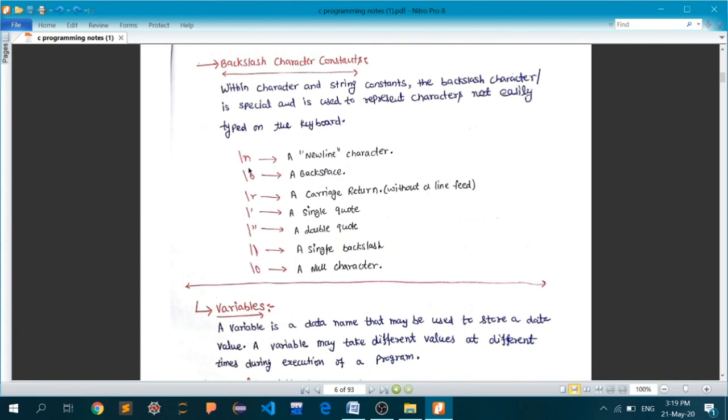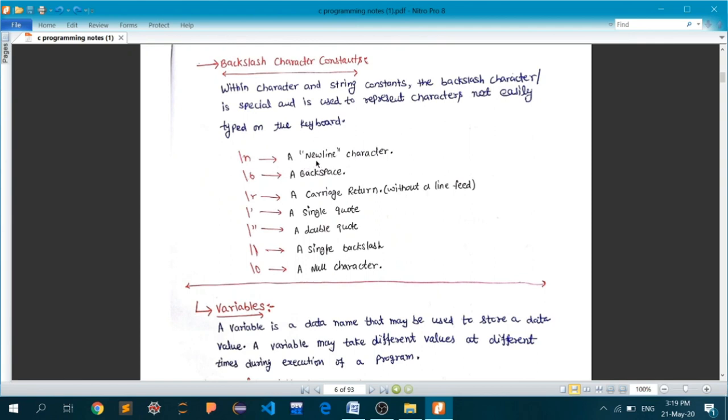Backslash n signifies a new line. If you try to output using a printf function, and let's say you have written hello, then backslash n, and then your name, then hello will be printed on one line, and from the new line your name will be printed out. Anything that succeeds this backslash n will be output on a new line. So this is used to insert a new line into your output.